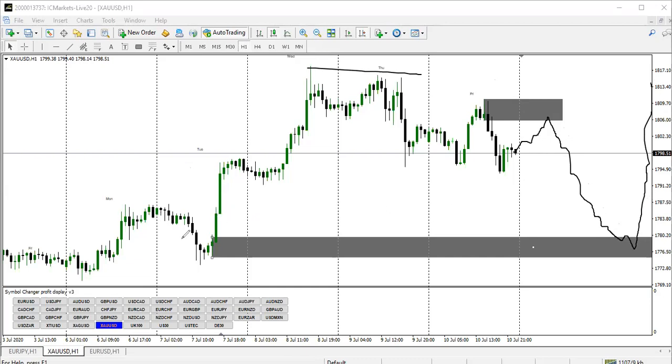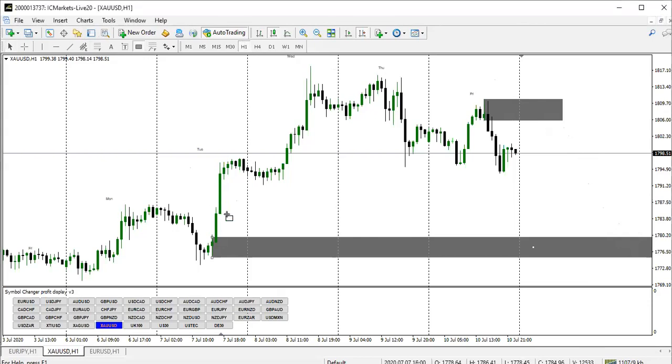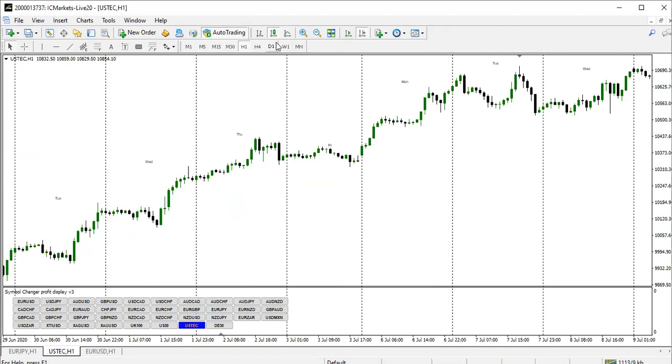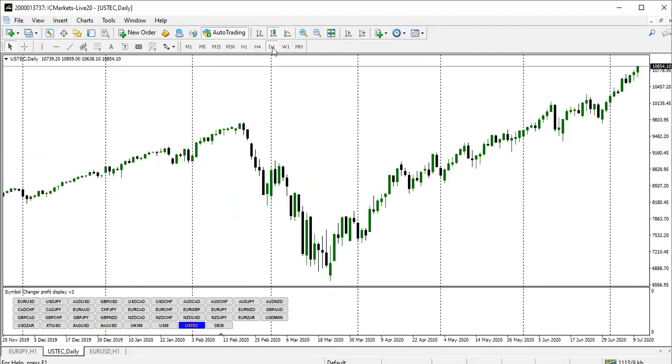And if that does not hold, probably this particular level can hold. That particular zone might really be a rejection zone for us. So let me try to draw something there. This particular zone can really be this. So if this particular zone does not hold, this particular zone should surely hold. So basically, this is what I'll be looking for this week, even though I trade more than these pairs. But basically, I've adopted these pairs that I've talked about to be the pairs to really talk about in every one of my weekly market outlooks.